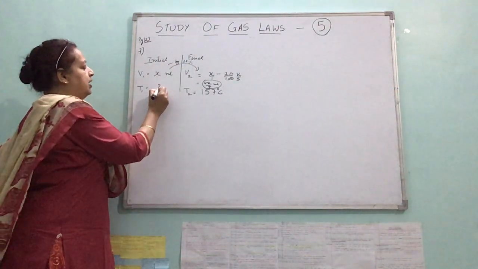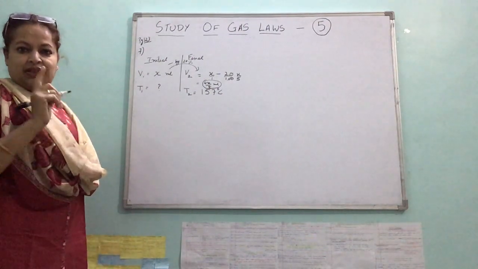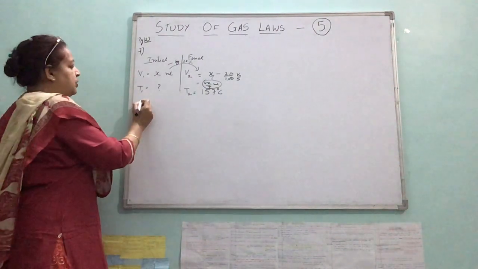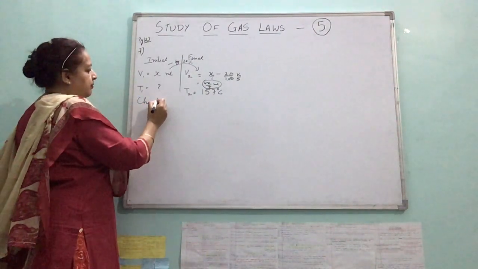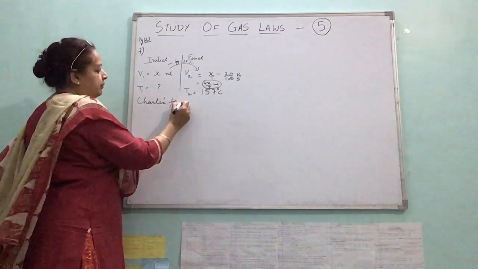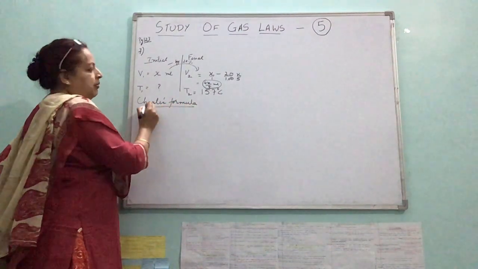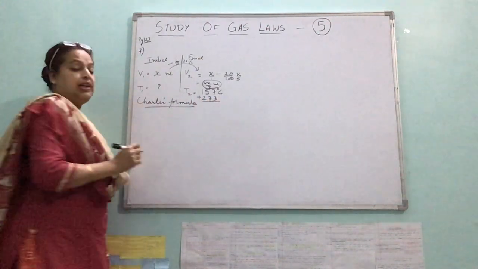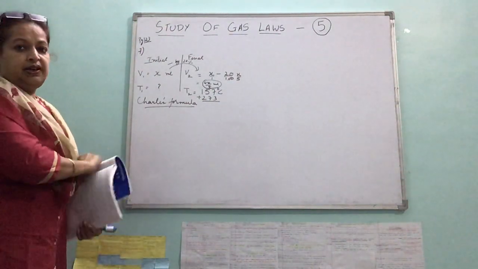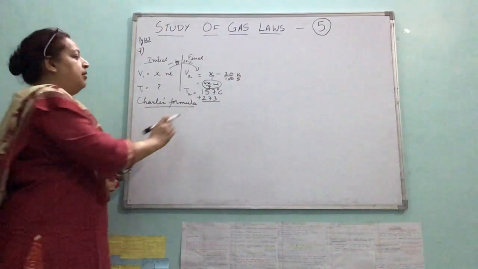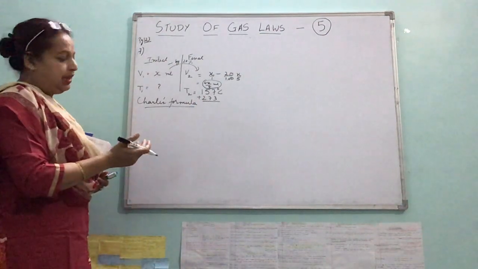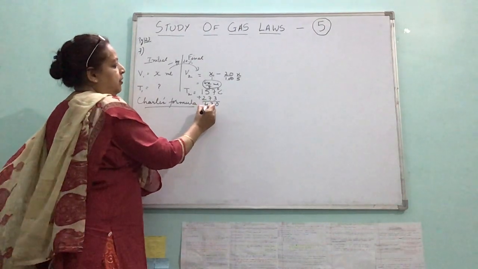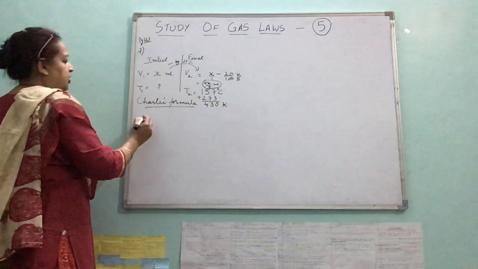You have to find the initial temperature. If pressure is constant, which law will we be taking? We'll be taking Charles law. So Charles formula. But remember, all temperature values are always converted to Kelvin scale. If you put it in centigrade scale, you will not get any marks for that question, because all your values would be incorrect in that case. So 273 plus 157, 430 Kelvin.